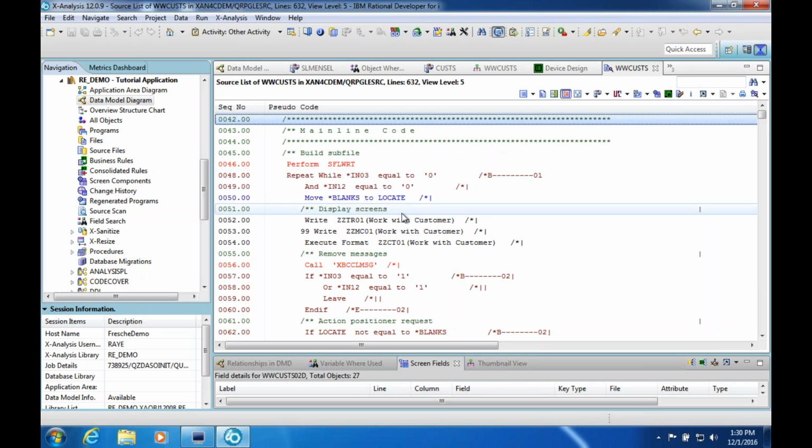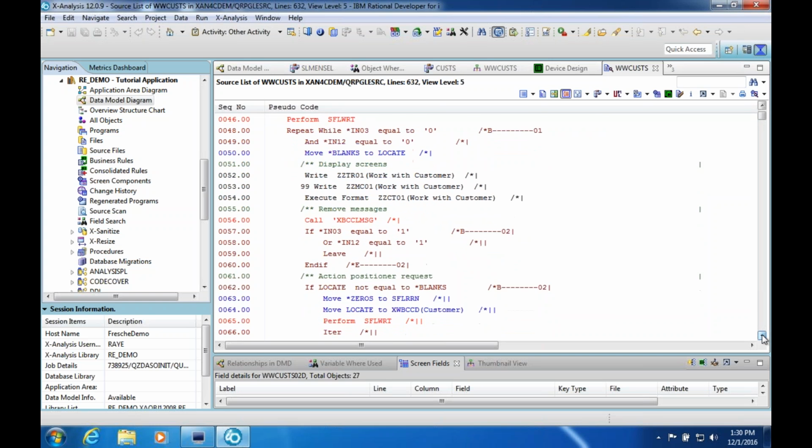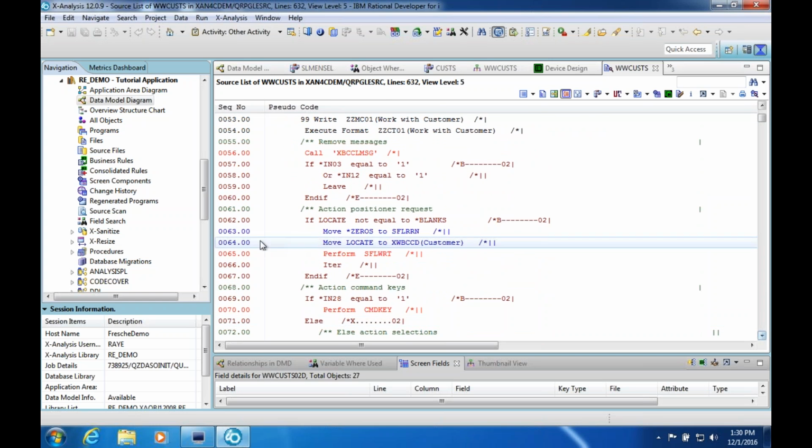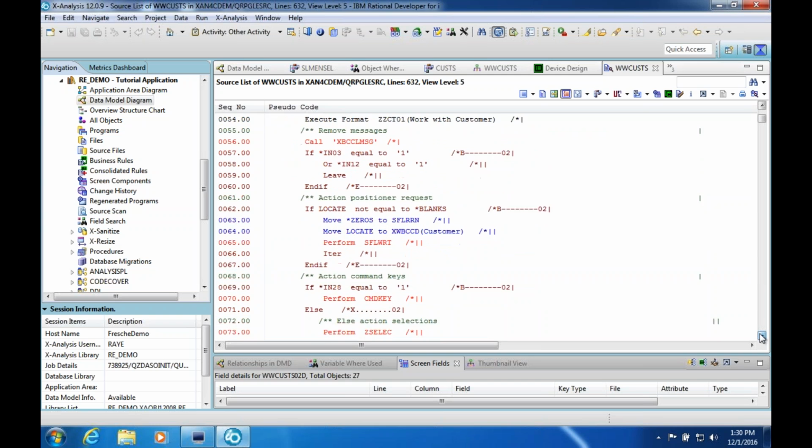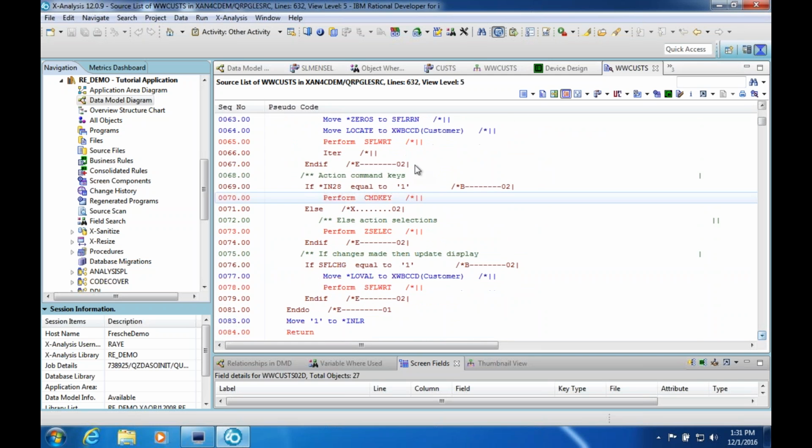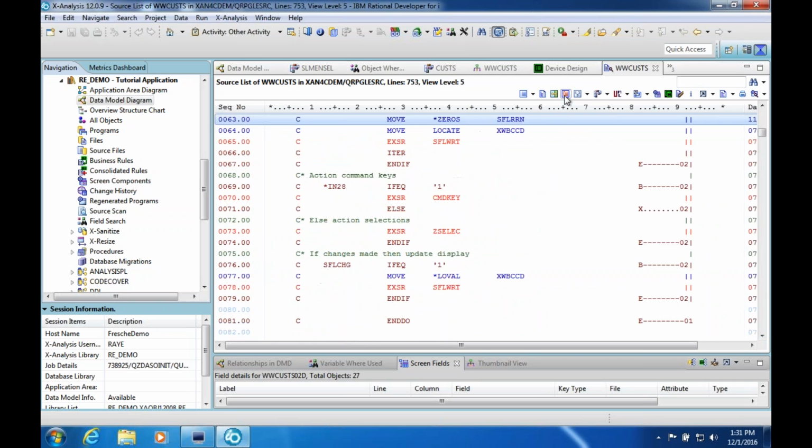Switching to pseudocode allows me to not be so familiar with what I'm seeing and actually concentrate on what it's telling me. So here it tells me if indicator 3 is equal to a 1, then this is the block of logic that's going to be executed. This could be read by anyone. A business analyst could read this, someone who's trying to do some testing. Okay, I can identify all the different test cases that I might need to create to satisfy these conditions, but it's very easy to move in and out